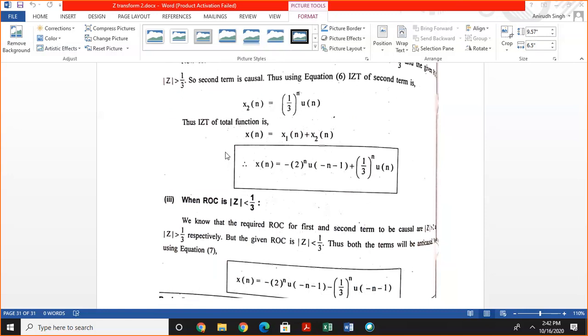And since the ROC in this case is greater than 1/3, the second term is causal, and it is given by 1/3 raised to the power n u(n), and this is the value of x(n). And when the ROC is less than 1/3, both sequences are anti-causal, and so these are multiplied by, we get the value of x(n), in this case,